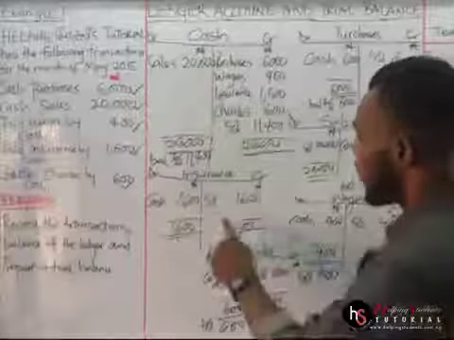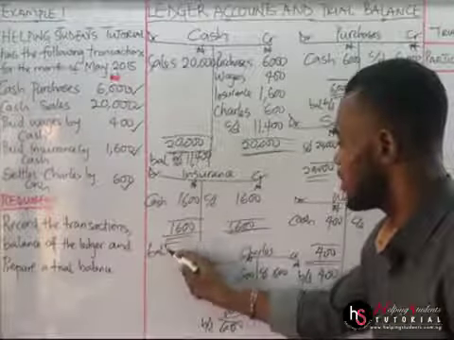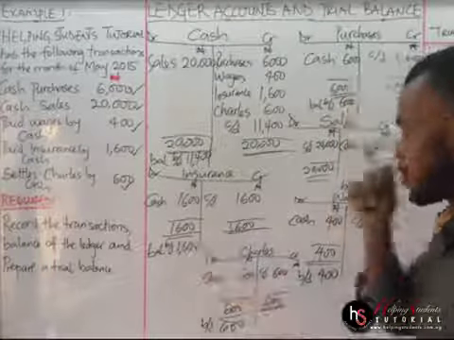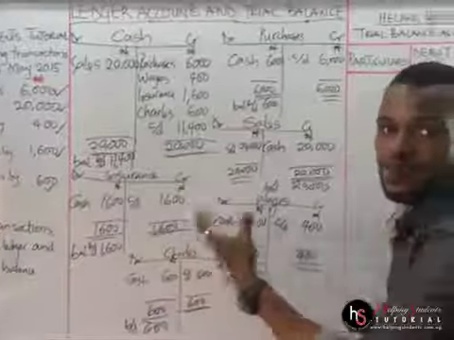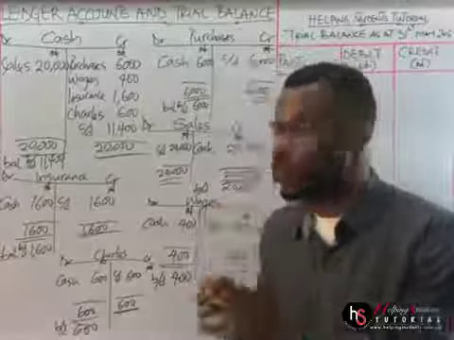Okay? So since our balance CD is here, coming to this section, we'll have our balance BD, and the balance BD is what? 1,600. So with this, we are done. Okay? Now what we have to do next to extract our trial balance, the easy thing we do is to